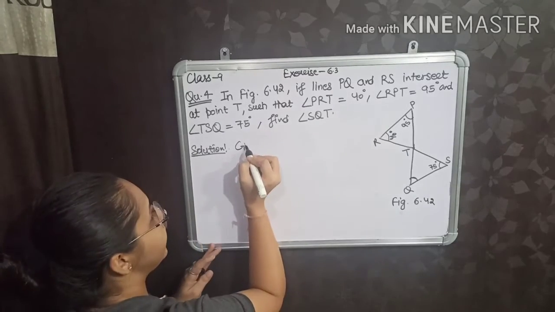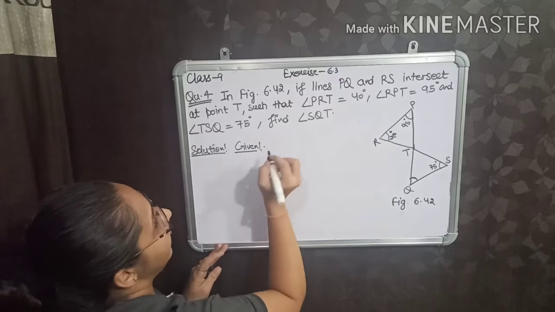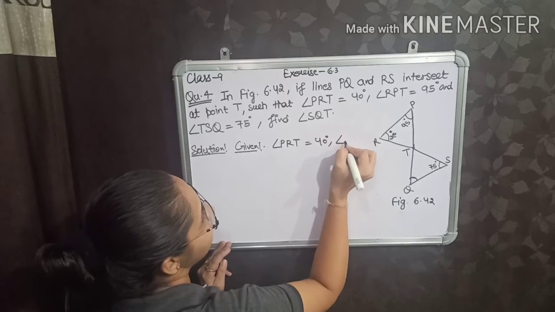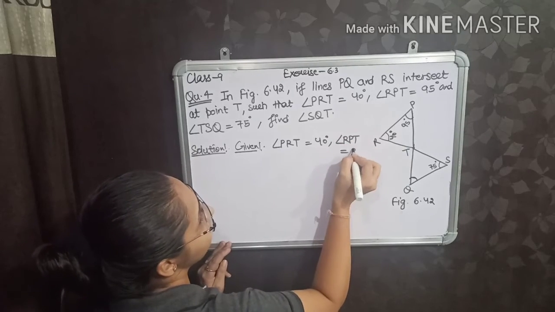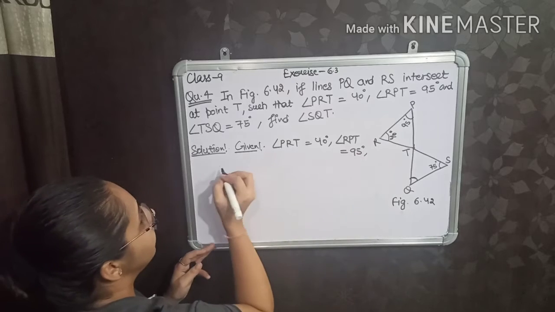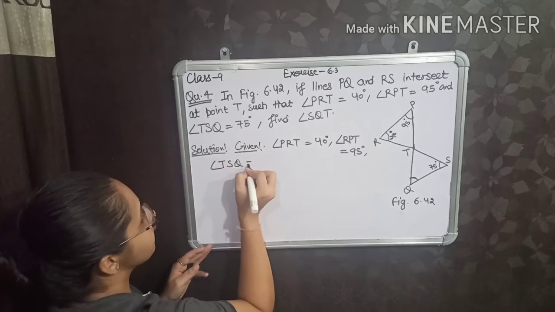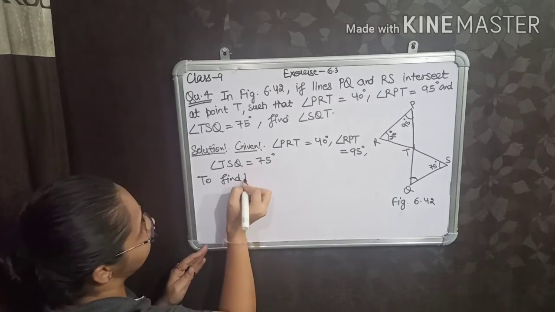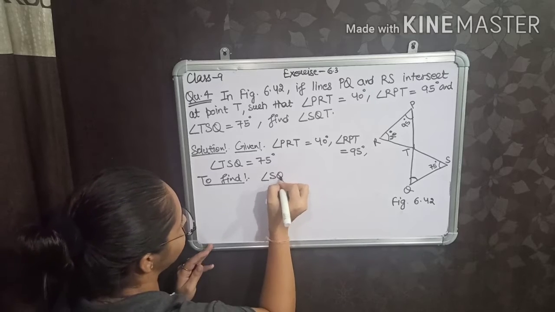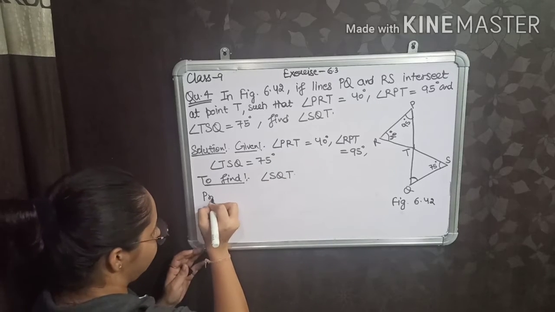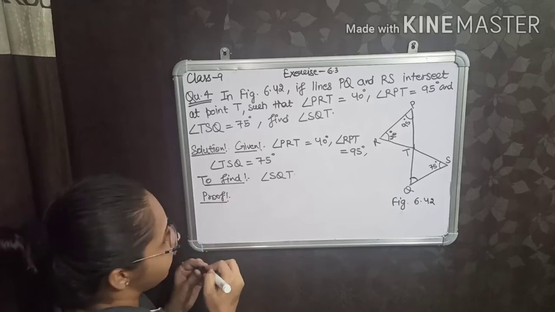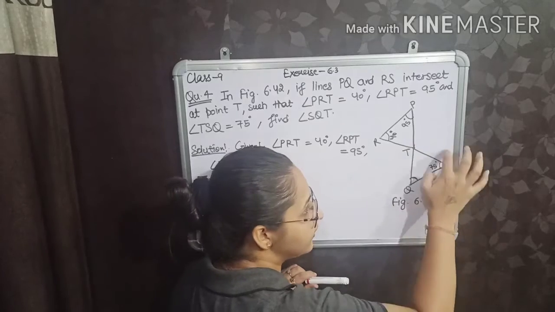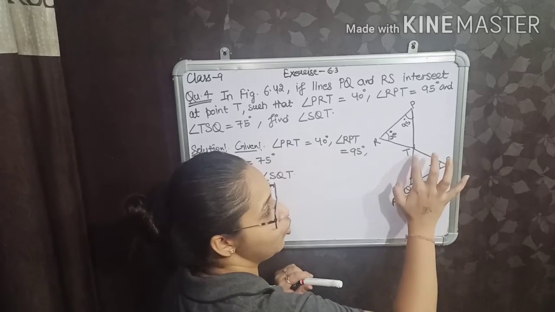Given is angle PRT is equal to 40 degree. Angle RPT is equal to 95 degree. And angle TSQ is equal to 75 degree. Now write to find. What do we have to find? We have to find angle SQT. Now, proof. Proof is for finding angle SQT, you know that if in this triangle, in triangle SQT, if you